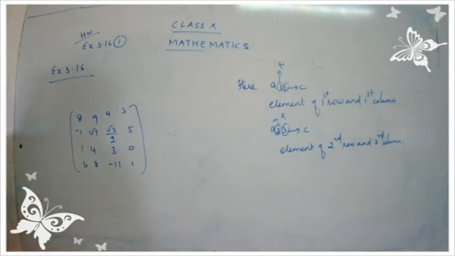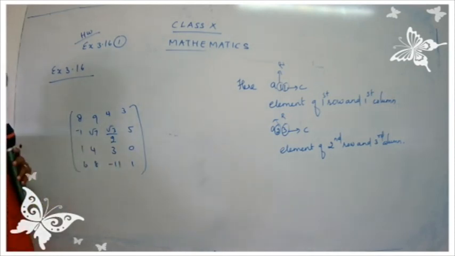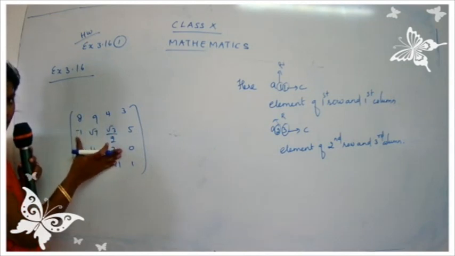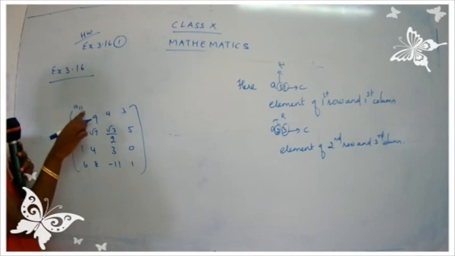And one more thing, for the third part, how to write down the answer. You may have a confusion for how to write down the answer for the third subpart. So what you have to do is, now this is the matrix given to you. Yes, children, you can take your pencil. You have to write the question first. Yes, you would have written the question for your homework. You have to write down with the pencil.